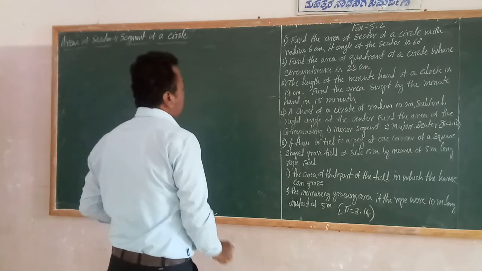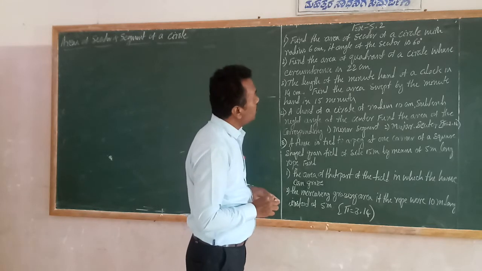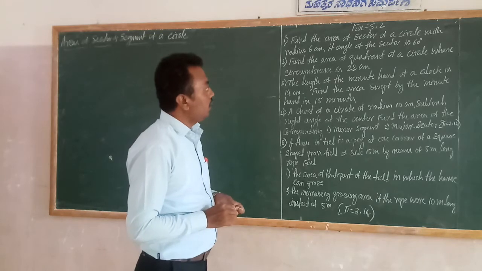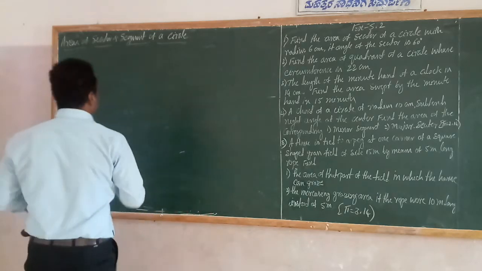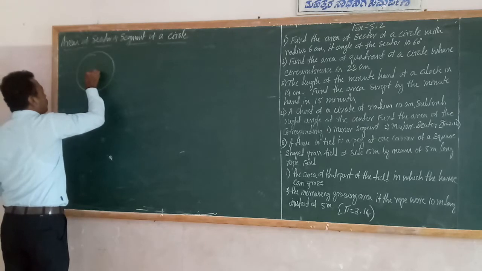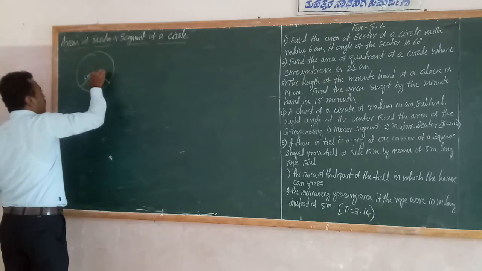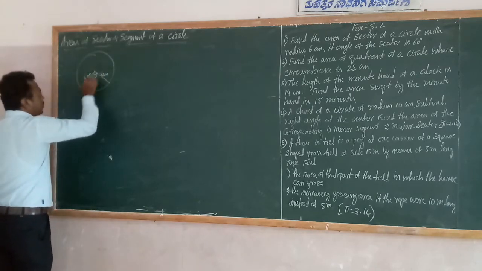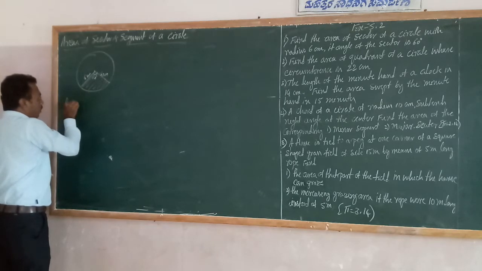So next, students, I will go directly to the exercise problems. Exercise 5.2, the first question: find the area of the sector of a circle with radius 6 cm if the angle of the sector is 60 degrees. Yes, we have to calculate the area of the sector. Radius is given, theta is given, 60 degrees. Angle means theta. First I will draw the diagram. The radius is given, this is 60 degrees, radius 6 centimeter. We have to calculate the area of the sector. Sector means, as we already know, the area bounded by 2 radii and 1 arc. This is the sector.